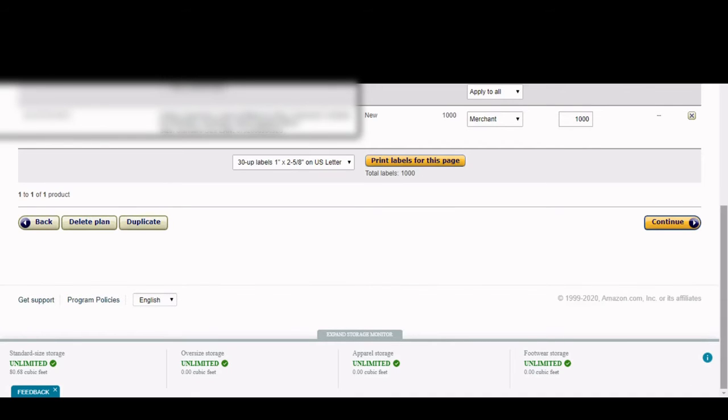And after clicking on the continue button, you will come to the print label process. So it will show label products. As you come here, you have to choose print label for this page. You can add the quantity you are printing, that is how many SKUs you need. For example, if you have 1000 quantity, then you will need 1000 labels. And here on this page you can print labels. As I click here,